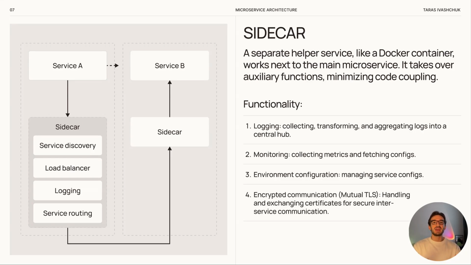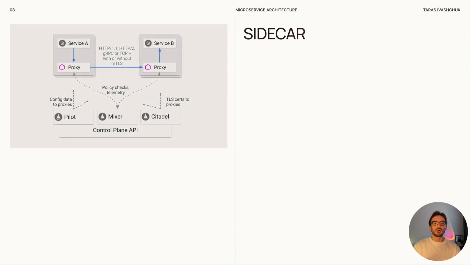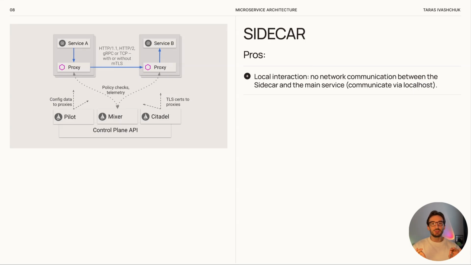It can also provide secure inter-service communication, such as mutual TLS. The sidecar can take care of all certificate management and exchange, so the main microservice does not need to handle these technical details. Another common use is client-side load balancing and circuit breaking. For example, Envoy as a sidecar can talk to the service registry and then balance requests between available instances. Actually, the main advantage of the sidecar is that it talks to the main service through localhost, not through the network. This gives high speed and reliable communication, because they run locally but still as isolated processes.